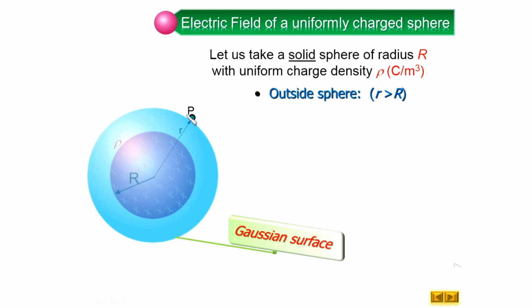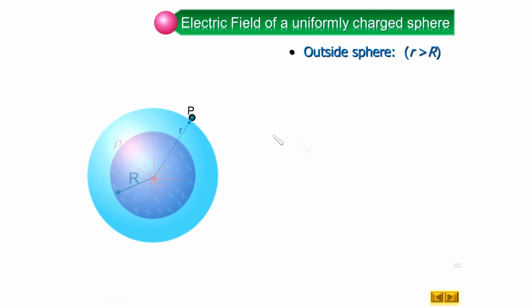Let us find the patch on the Gaussian surface. Let us take a certain patch. Before placing the patch, let us draw the pattern of the electric field over the Gaussian surface. You can observe again the electric field at each and every point is parallel with the area vector. So it will make our calculation of this closed surface integral E dot ds easy.